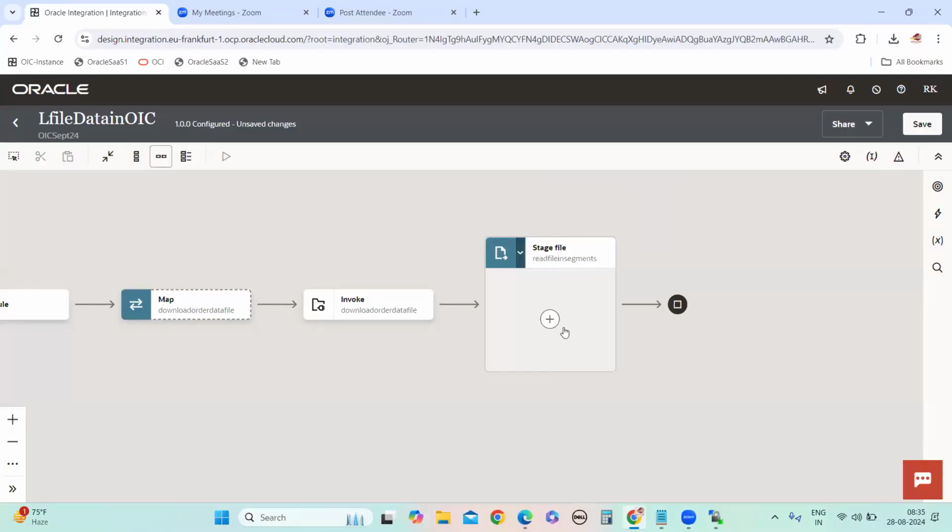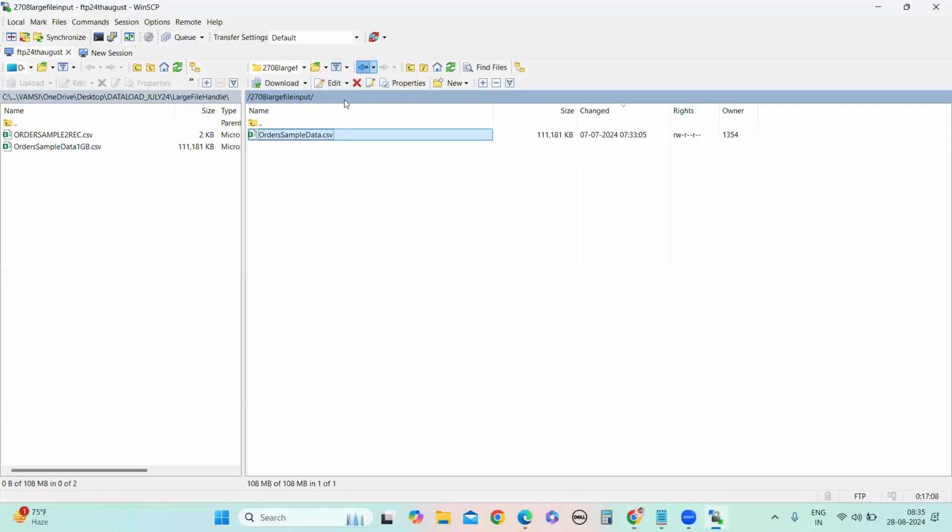It works like a for-each loop, where looping happens each time. In the same way, read file segments will iterate 2000 records, 2000 records, 2000 records, and send the files to the destination location.